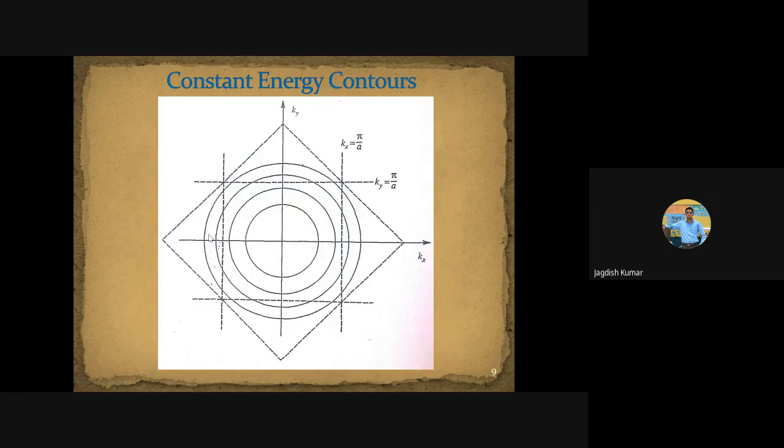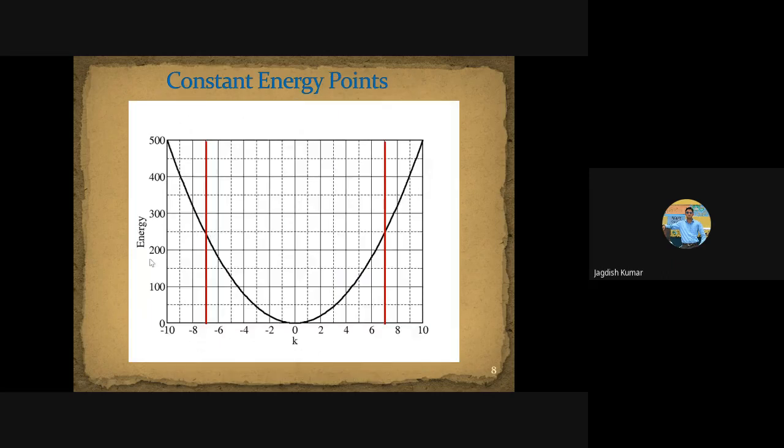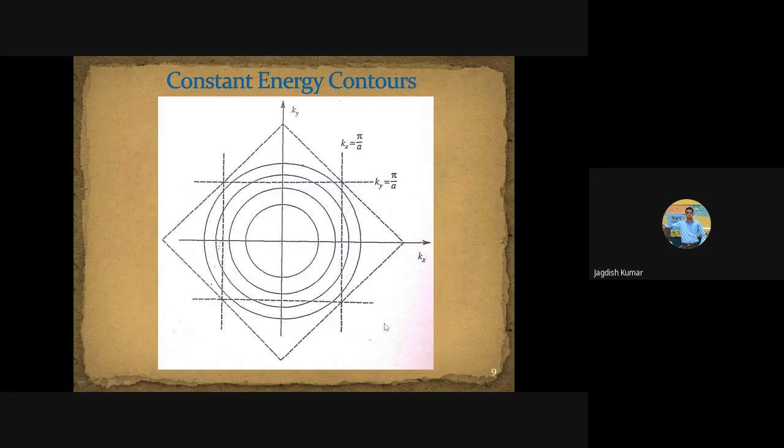Similarly, if you talk of a two-dimensional electron gas, in the 1D case you will have 2 points, right? If I see this figure from the top, I mean from the energy axis, then on this axis I will see 1 point here and 1 point here. This means at a particular energy value, these are the states where they are lying. So if I try to see constant energy contours for a two-dimensional E versus k relation, the two-dimensional case will be a paraboloid. It's like a two-dimensional parabolic cup, right?